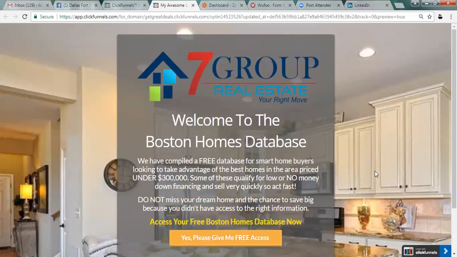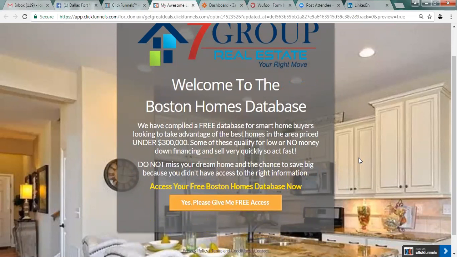So someone comes to this landing page from an ad that you saw on Facebook and they opt in. They want access to the Boston home database. You can see what I have here. It says we've compiled a free database for smart home buyers looking to take advantage of the best homes in the area priced under $300,000, or you can make that 500 or 200, whatever is in your area. So someone comes to this landing page. They want to opt in. They want to see the home database. So it takes them over to